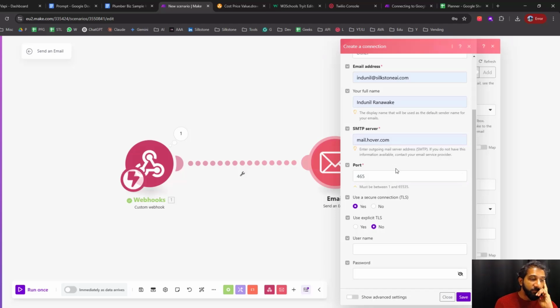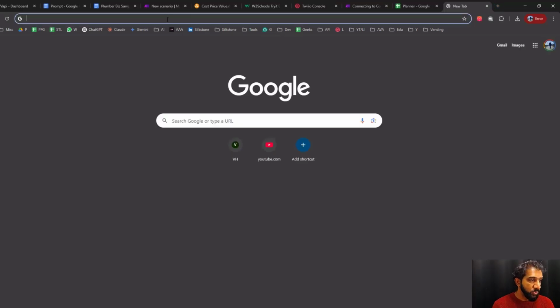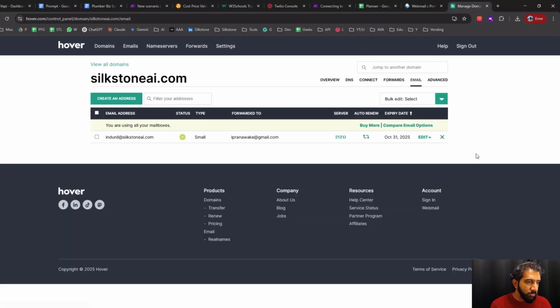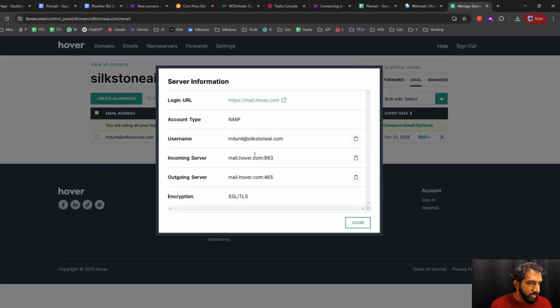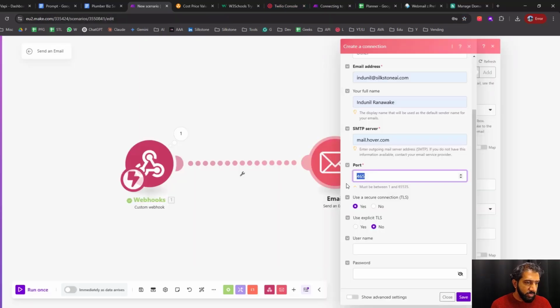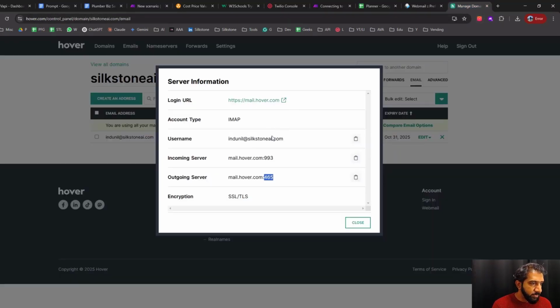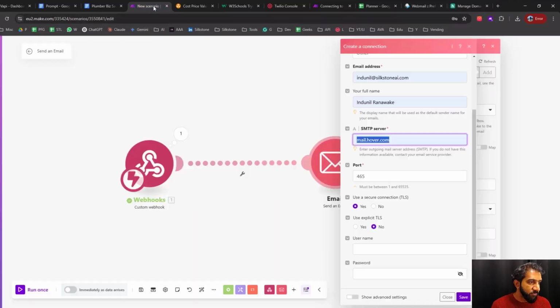So how do I know this information? That's the question, right? Well, you have to go to whatever email provider you have. I logged into my Hover account, went to email, and this is my email. I'm going to info, and this is where my information is. Now, outgoing server, the port number is 465. That's how I know, because I'm sending out emails, right? So it should be 465. SMTP server, mail.hover.com. It's right here. Whatever it is, you have to find out this information. If you don't know how to find it, because this is a bit technical, I know,